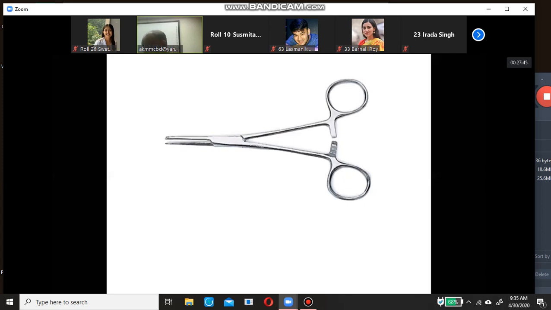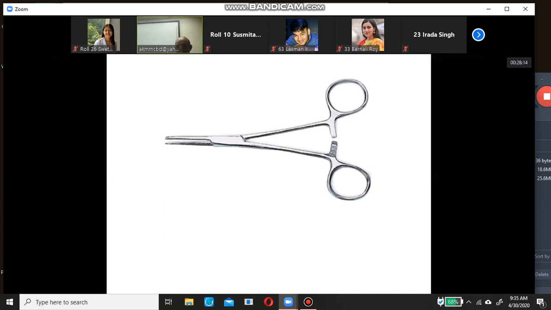We accept the answer that this is an artery forceps, but the better term is hemostatic forceps, because this is not only used for artery, it can be used also for veins, etc. But okay, we accept the term artery forceps, but the better term is hemostatic forceps.